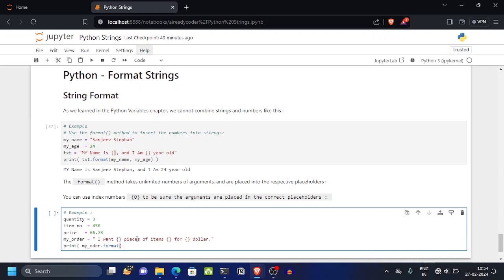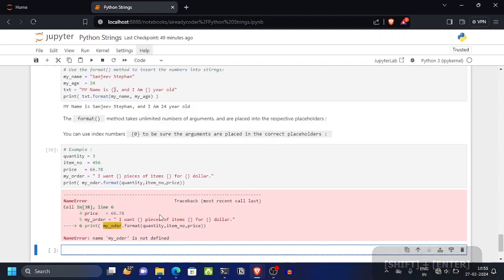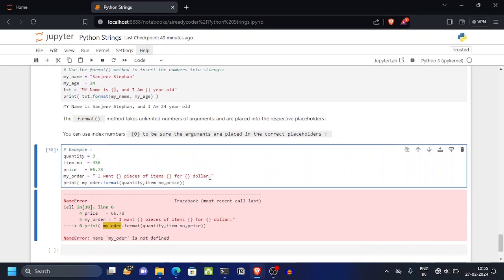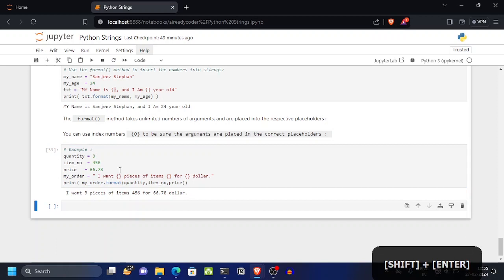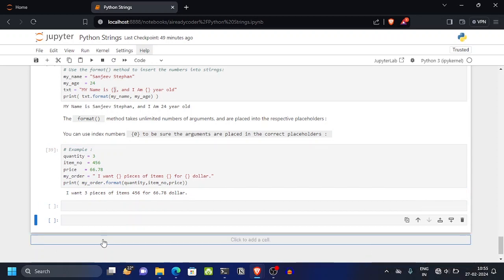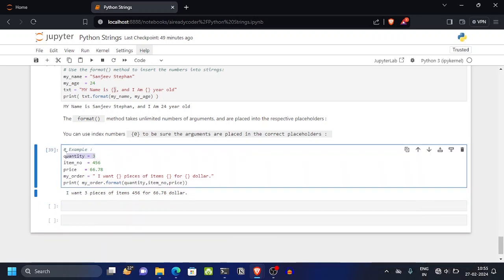in their locations. So quantity, item number, and now price, and so it throws me an error. My order is not defined. Oh, my mistake, there was some typo. Now if we run it again, now as you can see, all the variables mentioned here have been beautifully placed